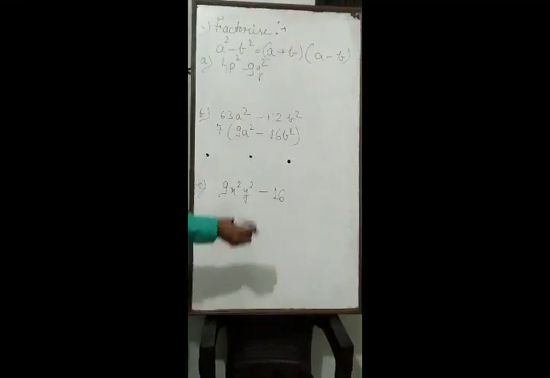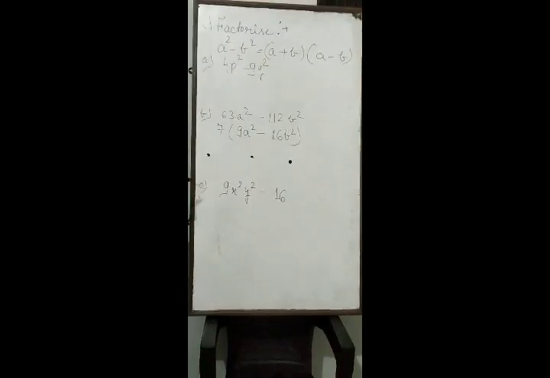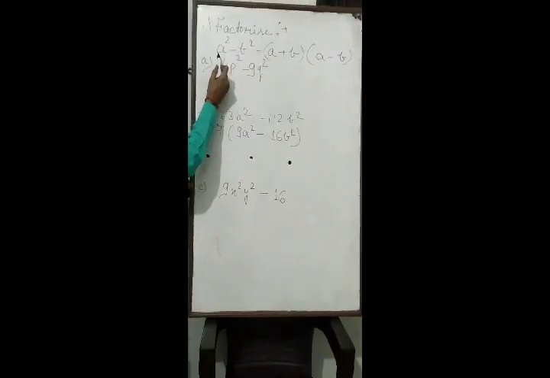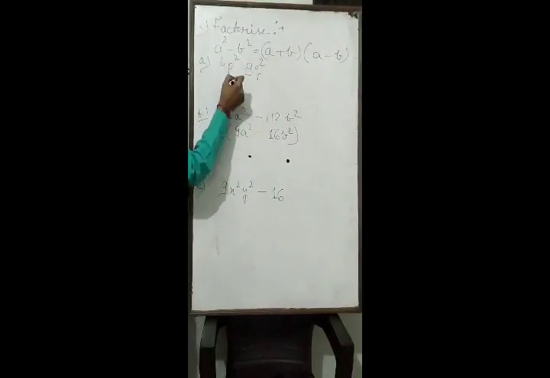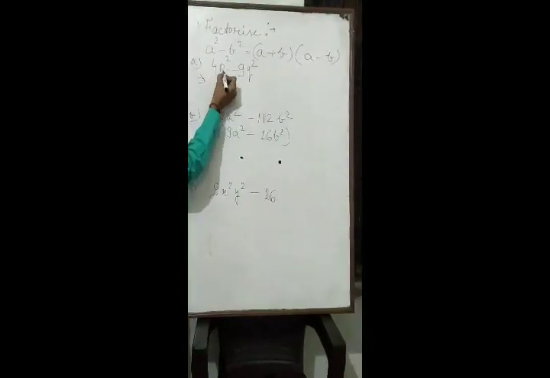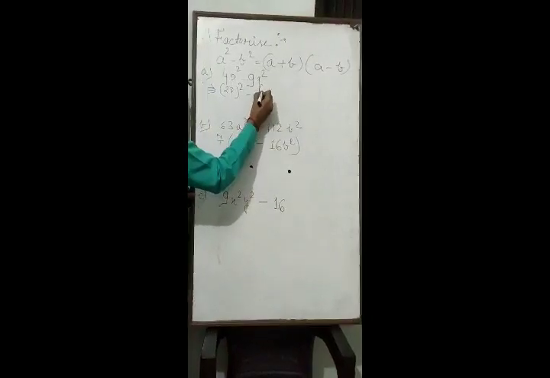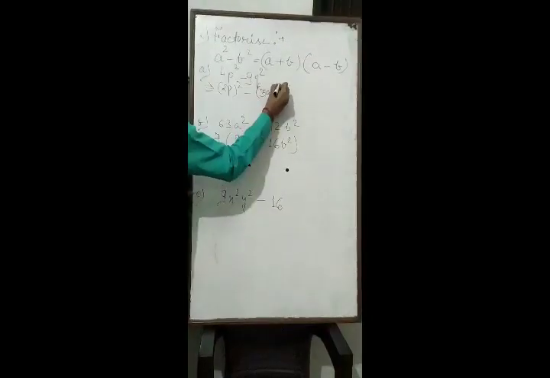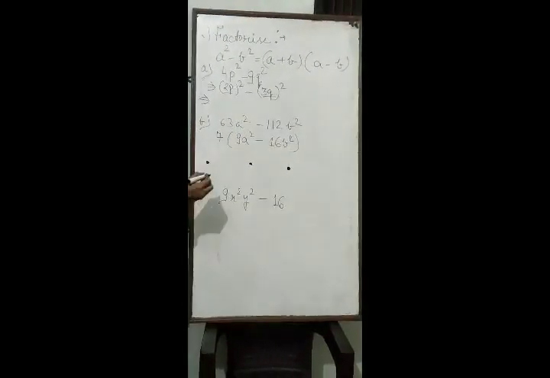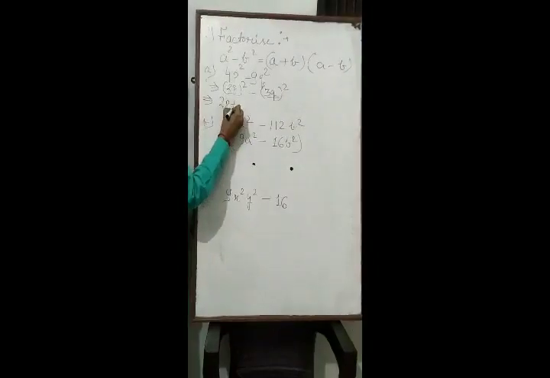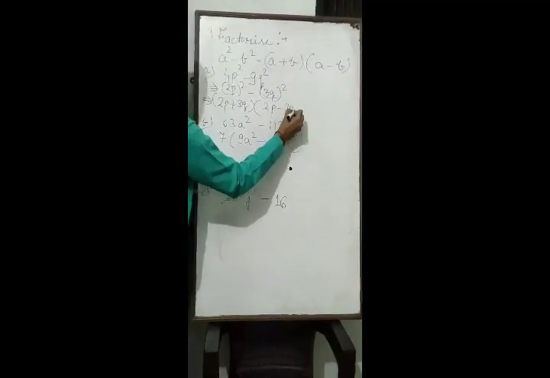Okay. Now students, let's see the question number 2. This is also a very easy question. In this question you have to do the factorization. But what identity we have to use here? A square minus b square equal to a plus b and a minus b. Firstly, we will compare this value. 4p square, we can write this value like 2p whole square, and 9q square, we can write like 3q whole square. That means a's value is 2p, and what is the value of b? 3q. That means we can write this value like 2p plus 3q and 2p minus 3q.